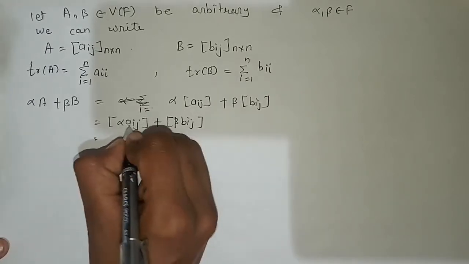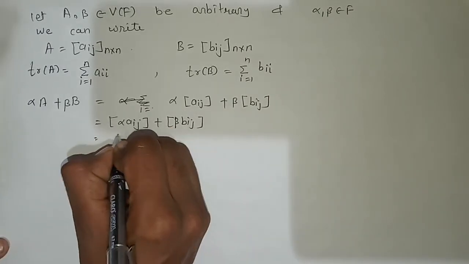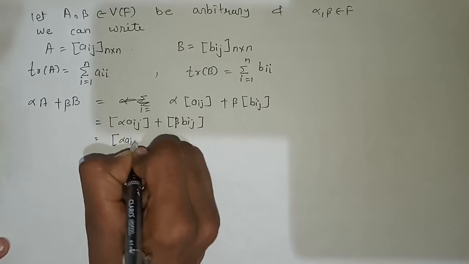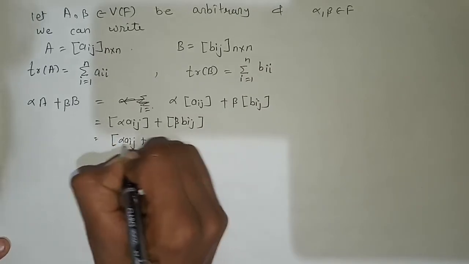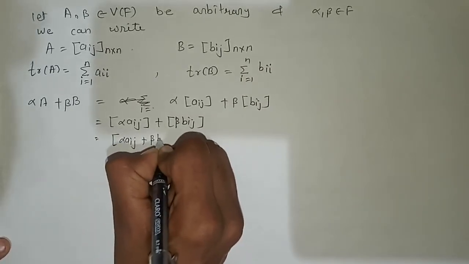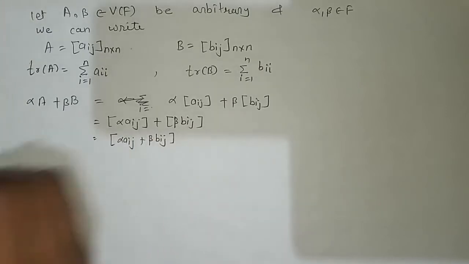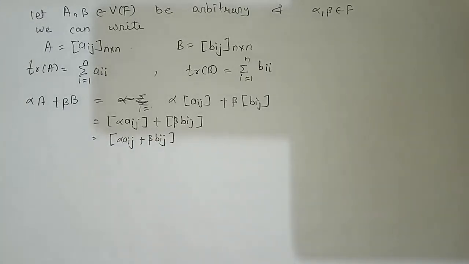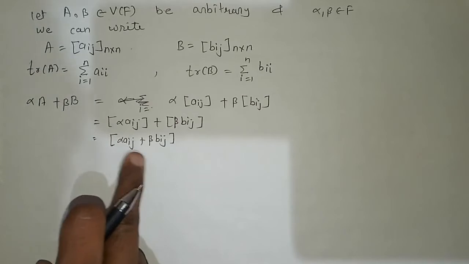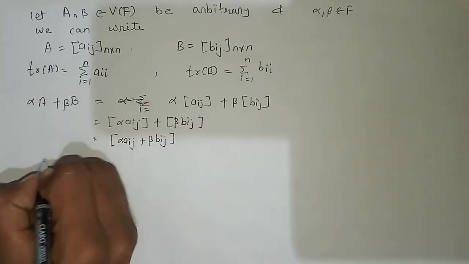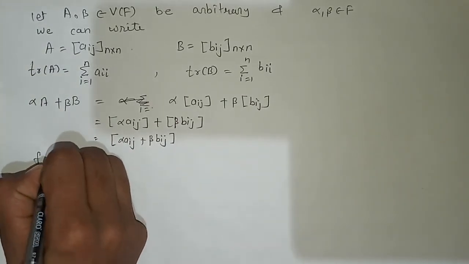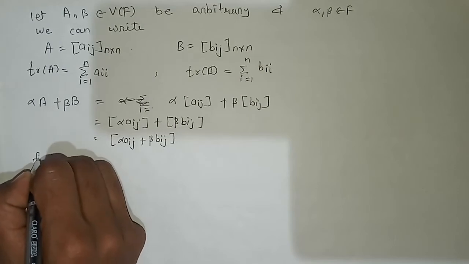Now these are two separate matrices, and I can add these two matrices. So this becomes my new matrix alpha aij plus beta bij. So from these two matrices I am getting one new matrix, which is my alpha aij plus beta bij. Now f of, or before doing this,